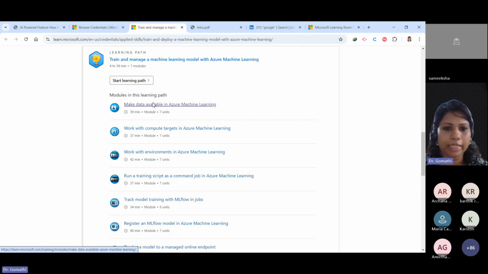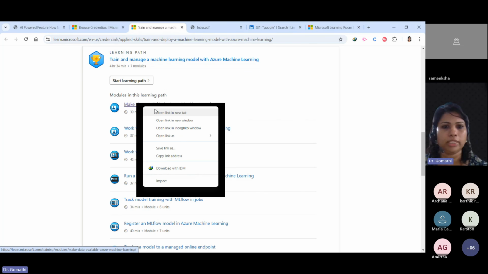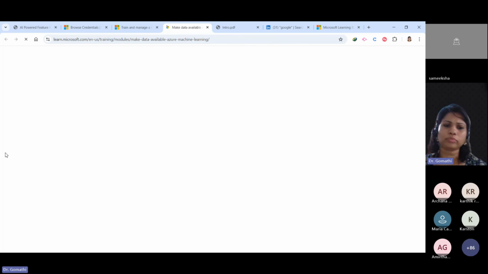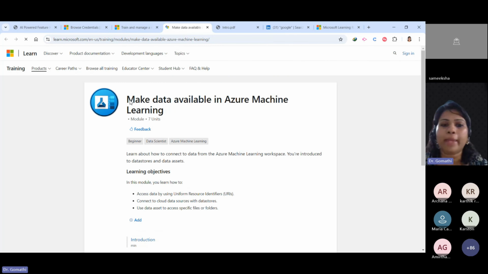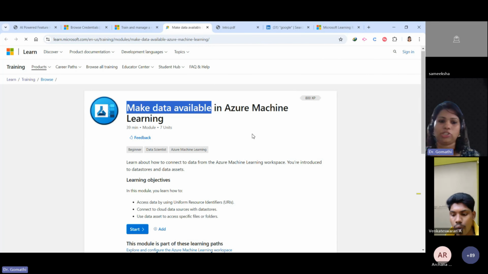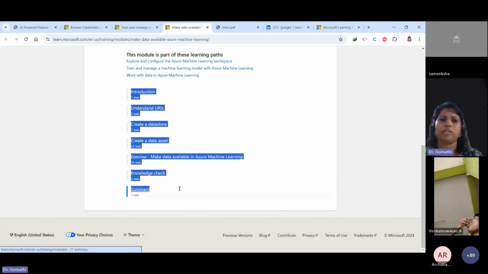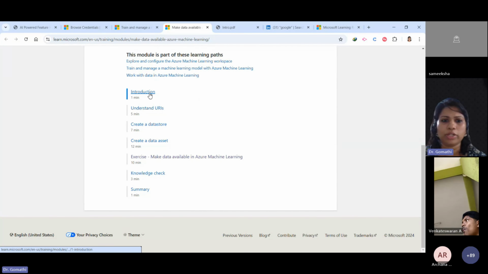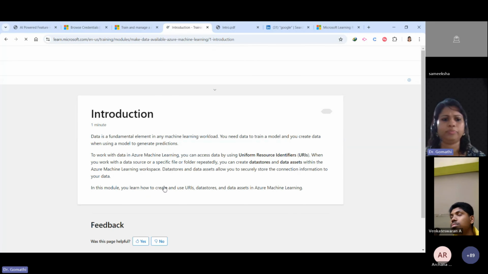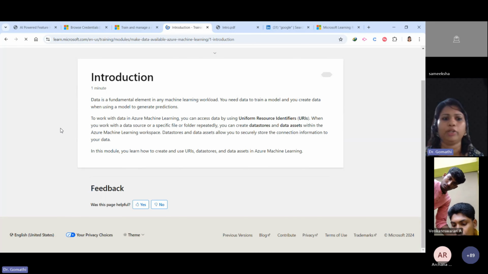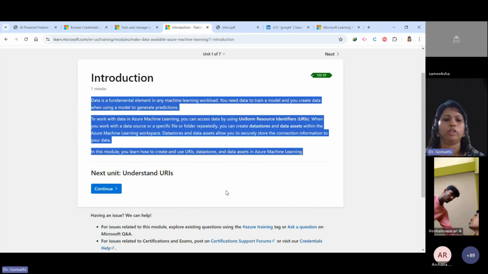Let me just click on this. I'm just opening this. So what is here? Make data available in Azure Machine Learning. And here they have given a detailed explanation step by step. First one is the introduction. Data is a fundamental element. You can learn everything from this particular place. Understand URI.